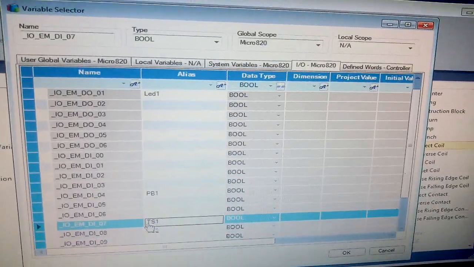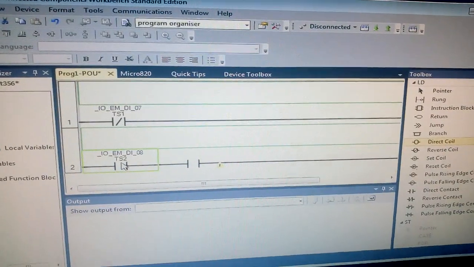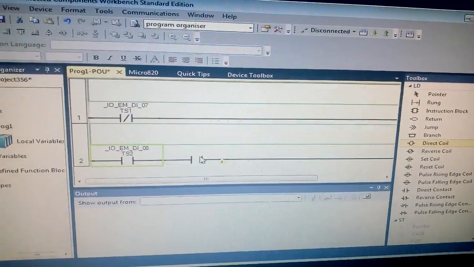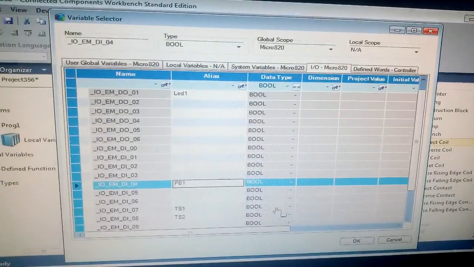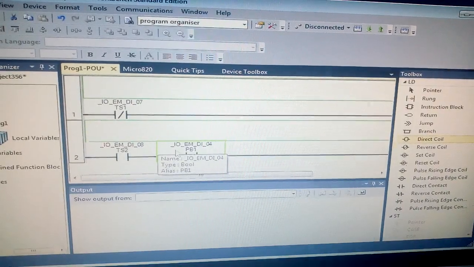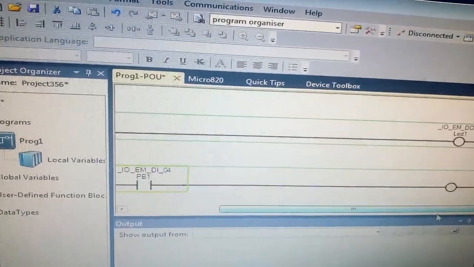Sorry. So for the first input I need to assign toggle switch 2, and for another input I am going to assign push button 1. If you can see, toggle switch 2 and push button 1 are assigned as inputs.